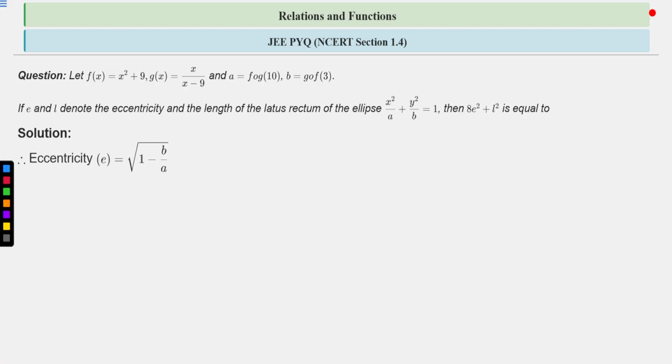So the eccentricity of the ellipse will be equal to, we know the formula. If the ellipse is of the form x square upon a square plus y square upon b square is equal to 1, then the eccentricity is root over 1 minus b square upon a square. Here, capital A square is equal to small a and capital B square is equal to small b. Therefore we can find the eccentricity as root over 1 minus b by a. Got it? So you can say that A is equal to root a and B is equal to root b. Clear?